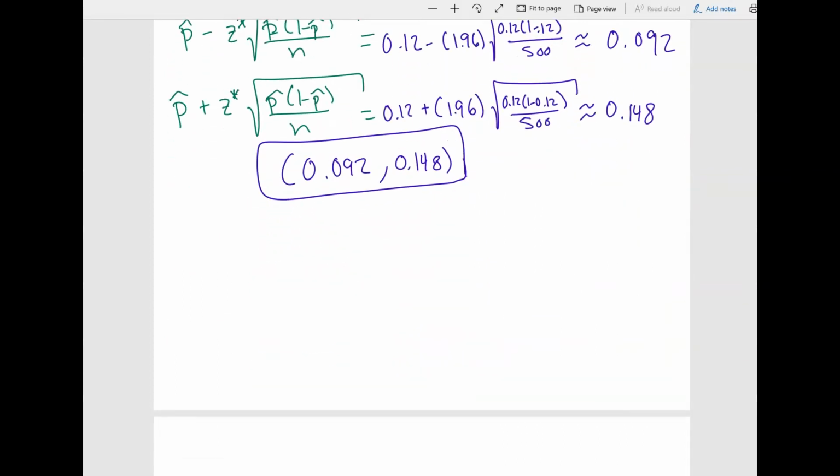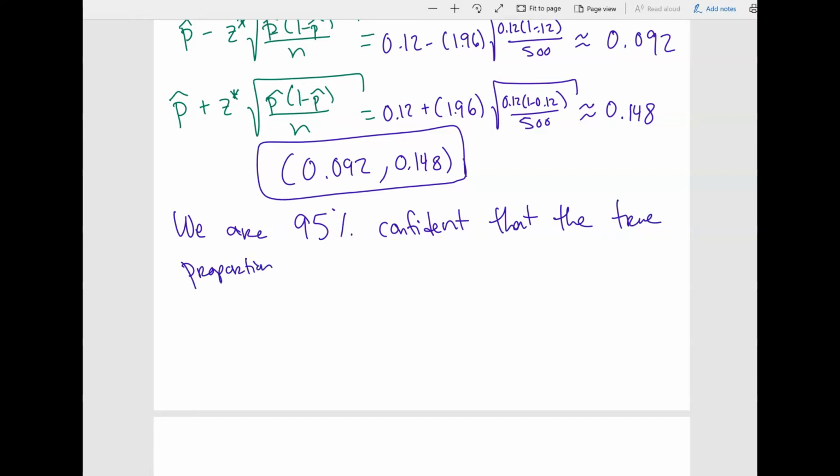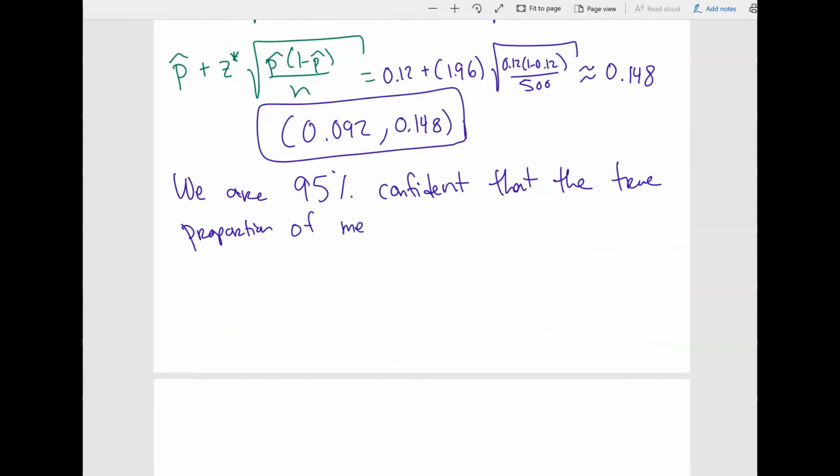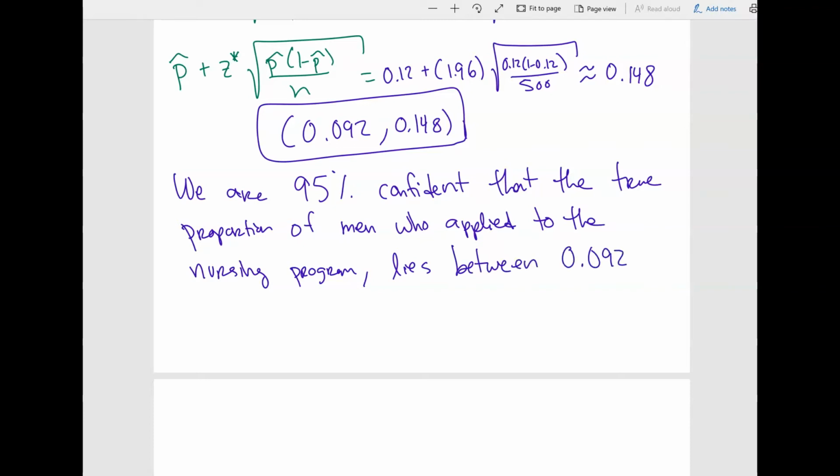Okay, so what do we say? How confident are we? We are 95% confident that the true proportion of men who applied to the nursing program lies between 0.092 and